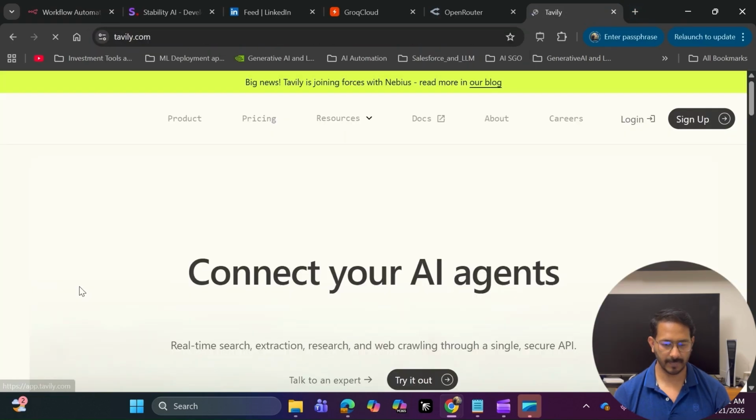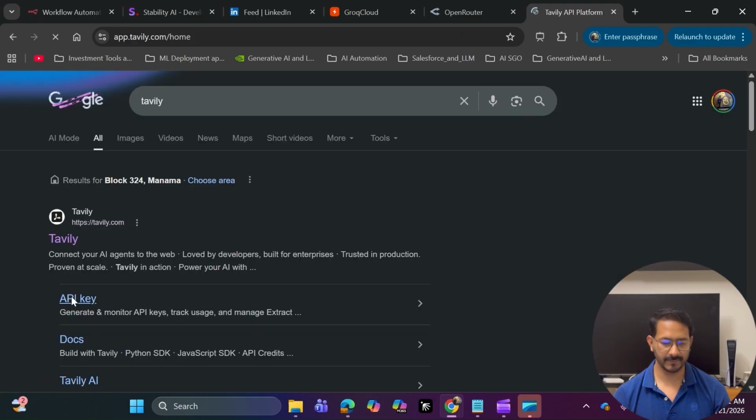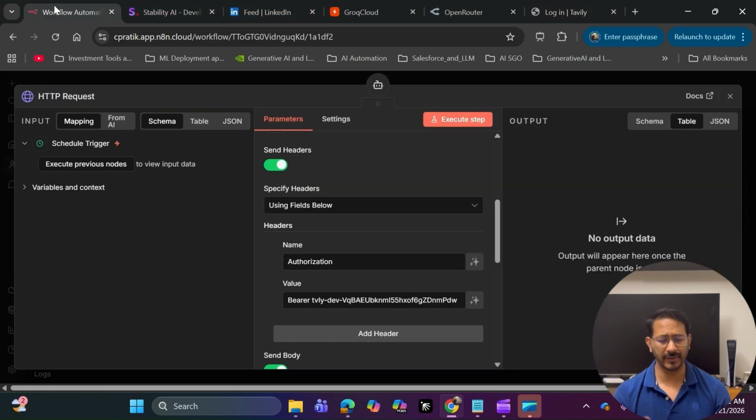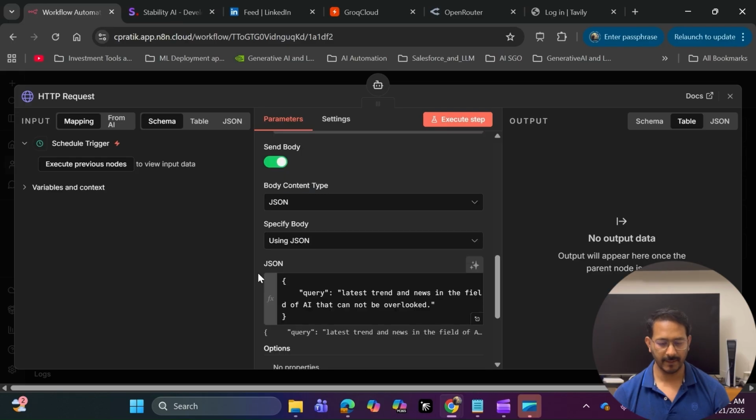And if you go to Tavily, you can actually go to their API keys and get your API keys from there. It's very easy and self-explanatory, because last time also we had a video where we utilized Tavily. So do look into that. Now I'm not going into Tavily. You can see you need to add an authorization and a bearer token. The bearer token is the addition, and this is what your API is. So whenever you are adding your API, before adding it, you need to add this bearer word. And then we are saying using JSON, and then I'm putting a query: